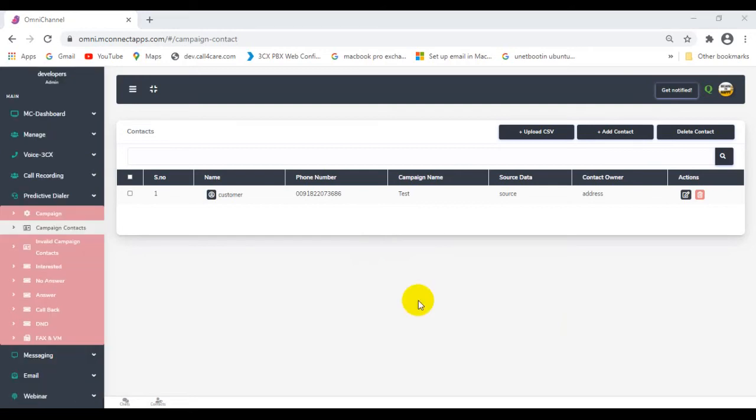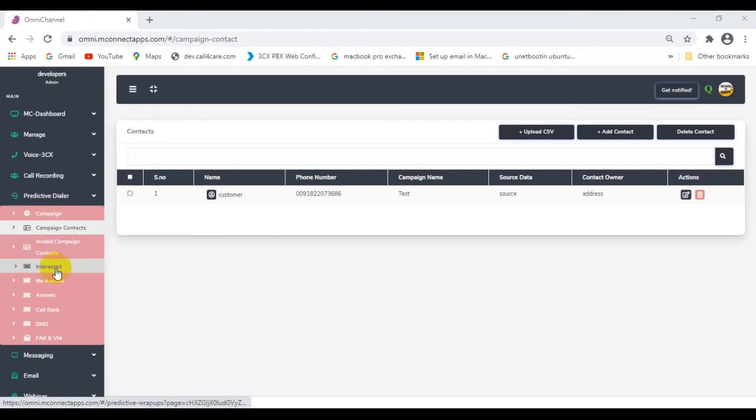Now I'm going to set the campaign on, and according to the interest shown by the customer, the responses shown to the call will be categorized. For example, if there is no response, it will be categorized under invalid campaign contact.